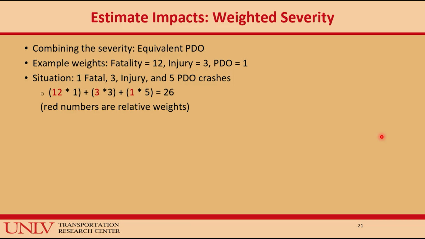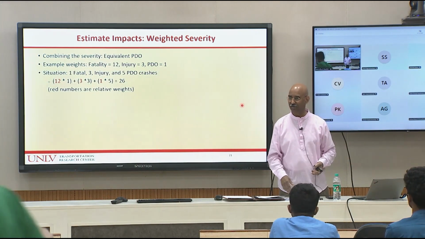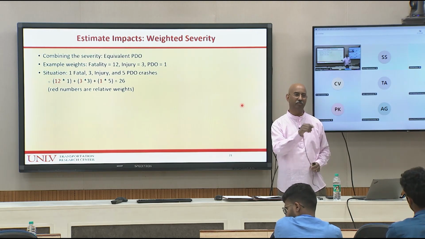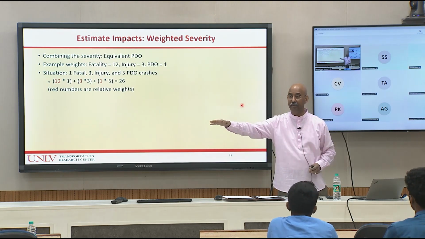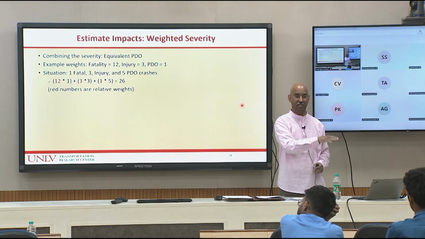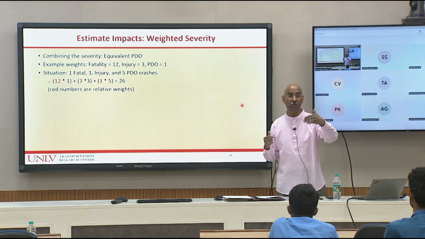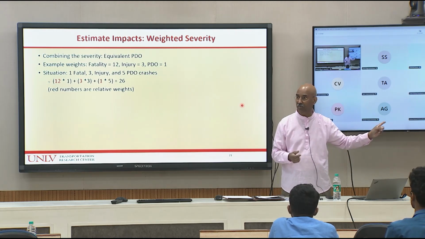Absent information on the VSL, you could get a group of experts to say how they would rate it. If you go from one district to another, they may say, for us a fatality is 50 times worse. For the local context that's okay, but you have to come up with common metrics if you're going to compare across geographic regions, and these weights may change year to year. That's what I wanted to show in the previous one.